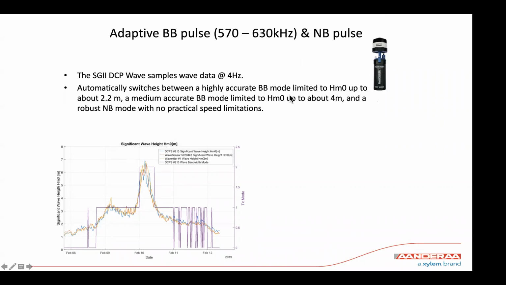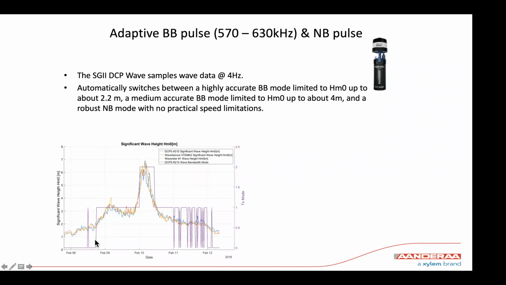Then when waves become a little bit bigger, about 2.2 meters, it shifts to normal broadband, which the instrument also uses to measure currents if you set it up to measure currents with broadband. And then when the waves become even bigger, it automatically switches to narrowband. When the waves are bigger, the orbital velocities can go up to 2 meters per second, and then narrowband is the most appropriate way to